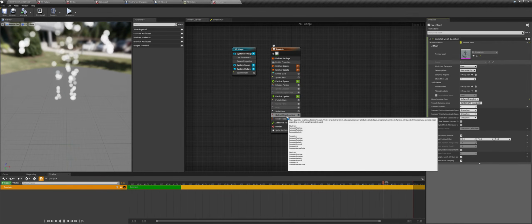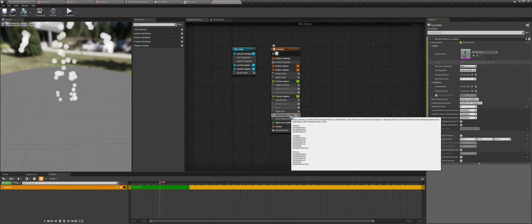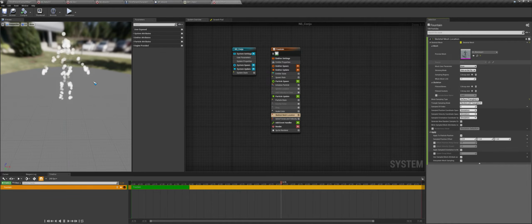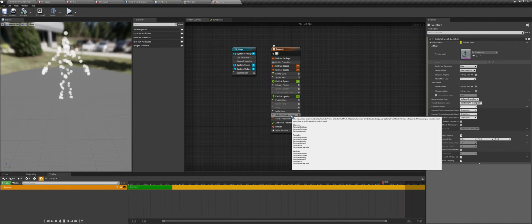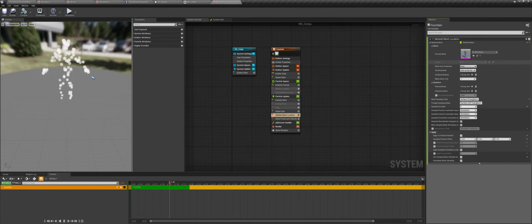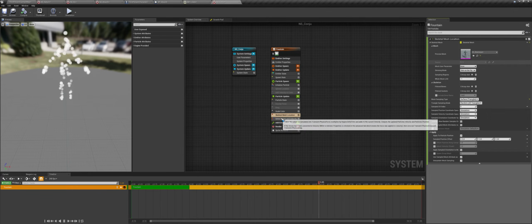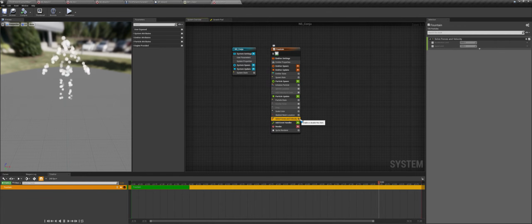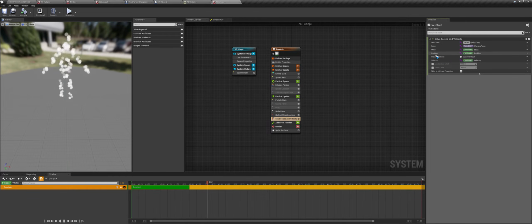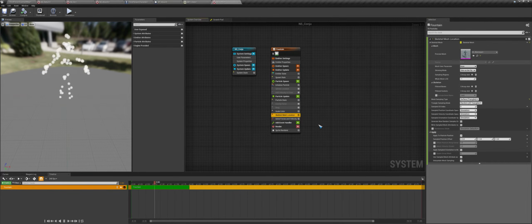So here with this skeletal mesh module, it will just sample the skeletal mesh and set that value to the position of all the particles in the emitter. So it is set in the solve force and velocity. So here if you open this up, you can see the position set to particle position. This particle position is set by the skeletal mesh location.